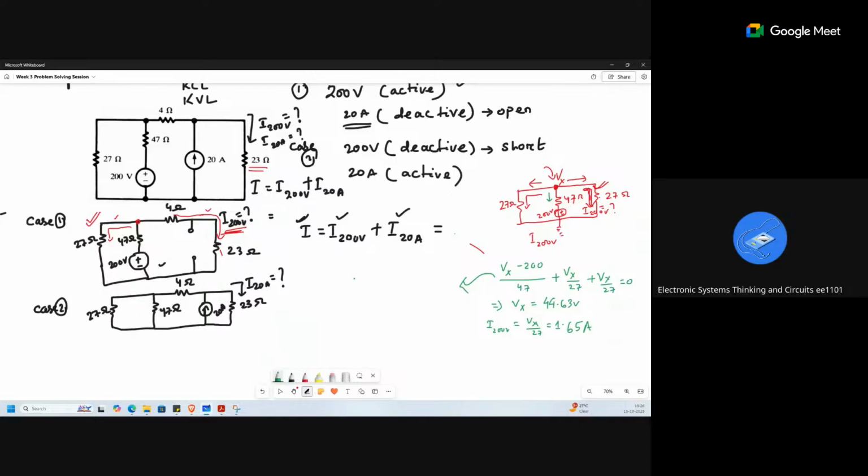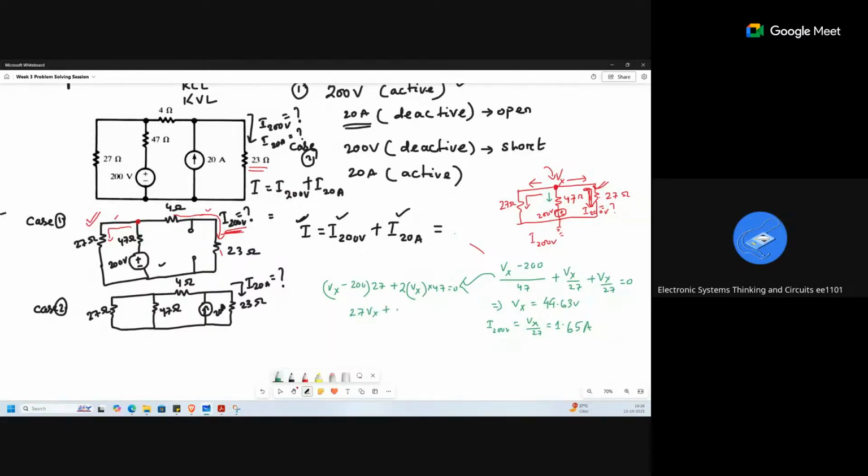Here you are getting, if I take the LCM 47 multiplied 27, you will be getting like this, Vx minus 200 multiplied with 27, then plus 2Vx over 27. Yes, ma'am, I also can write 1.65. So it will be 2Vx multiplied with 47 equals 0. So finally, you are getting